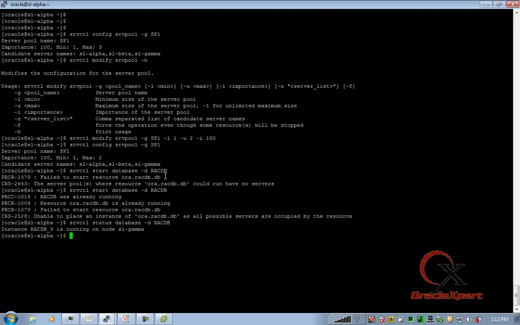The service should have considered this as a valid server pool because I reduced the maximum value to 2. I told you the minimum value is the minimum number of servers that need to be present. Maximum value restricts it so that no more servers can be added to that server pool. So when both the values were satisfied, why didn't it fail over onto alpha and beta? Otherwise, in an idealistic situation, assuming that we are not encountering any bug here, the service should have been started elsewhere automatically by Oracle. It's not happening somehow in this case.